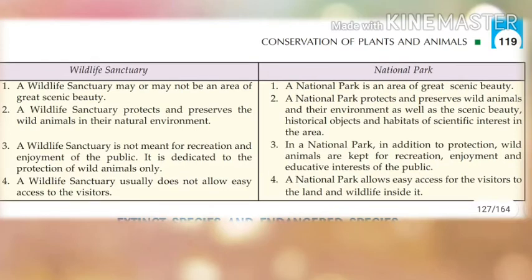You have to take many special permissions. Whereas a national park allows easy access for visitors to the land and wildlife inside it. Children, go through all these differences very well. Understand? So here we complete our topic wildlife sanctuary and national